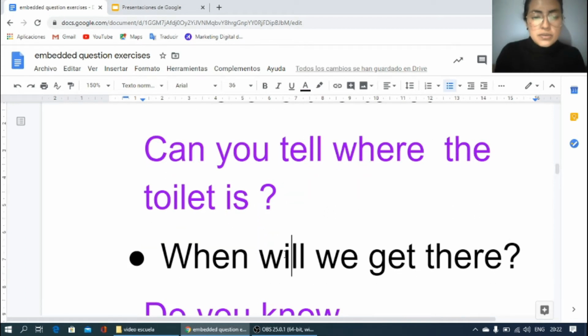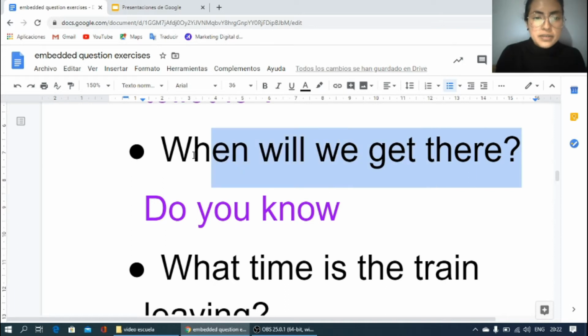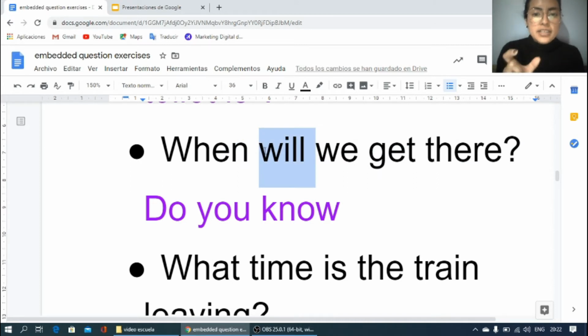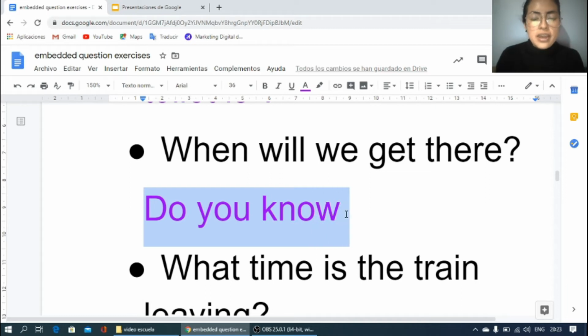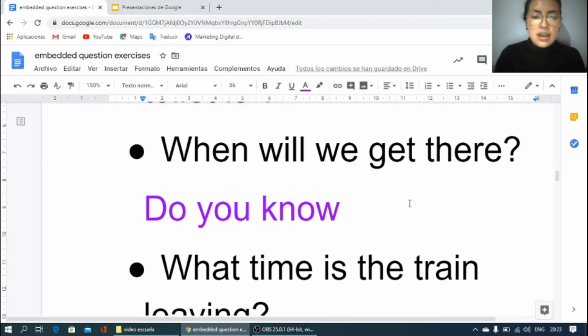Okay, let's practice with the second. The question: when will we get there? This question is in the future. Why? Because this question has will. Will is the auxiliary for the future simple. Okay, and in this case, do you know is the introduction. In this case, an introduction question. Do you know? And you have to write the same question, but like a sentence. How? Do you know when